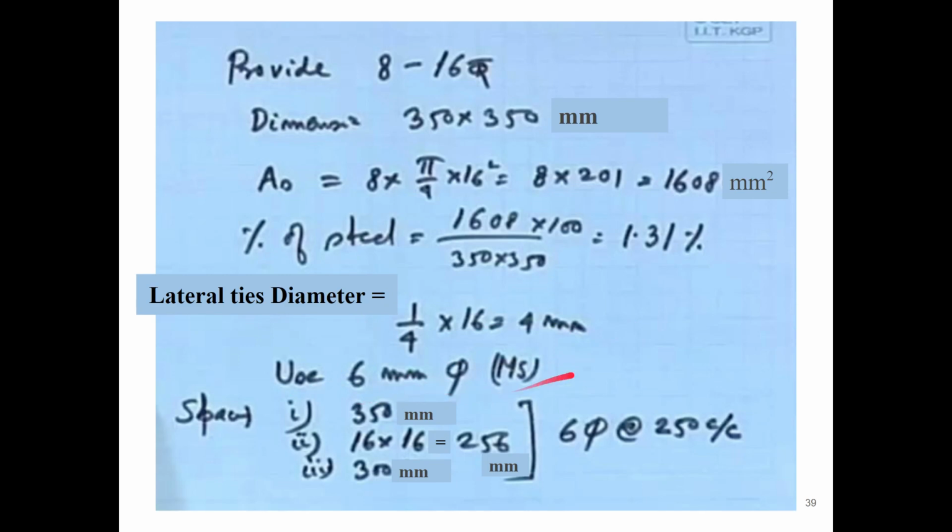Let us give 6 mm diameter mild steel, because that is just for a requirement, okay. So let us give it 6 mm diameter mild steel, and the reinforcement spacing will basically be what? It will be the least